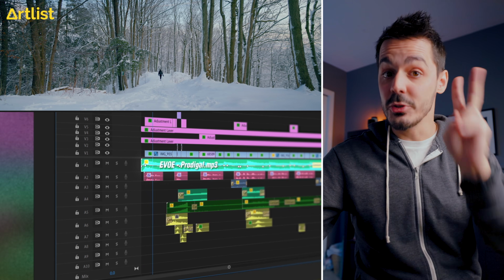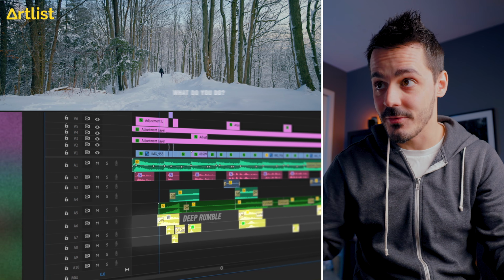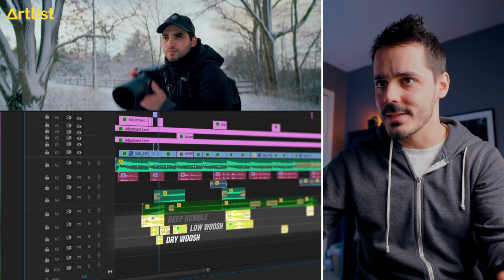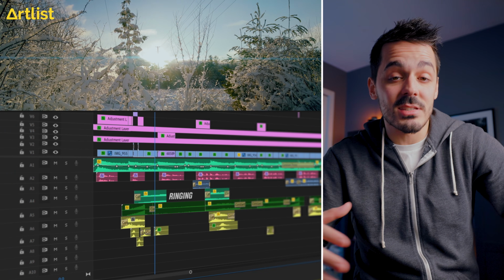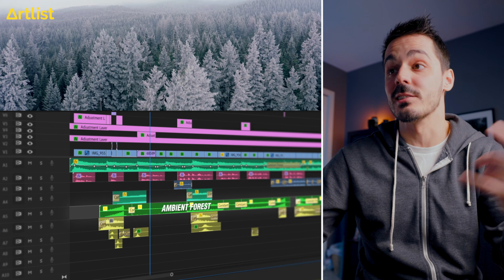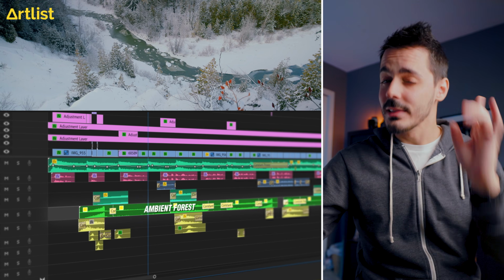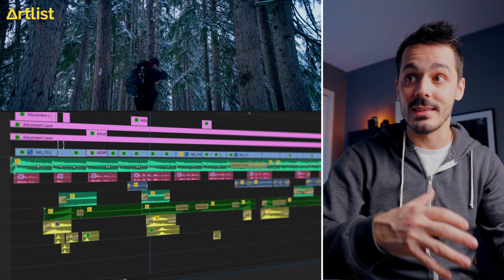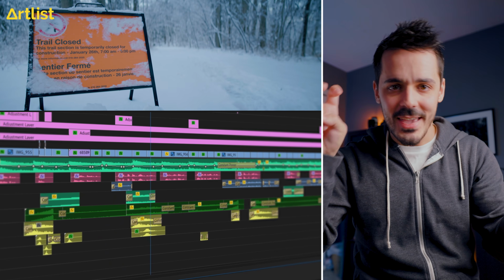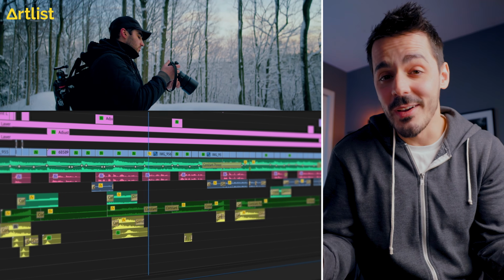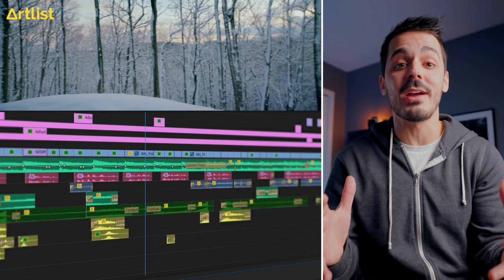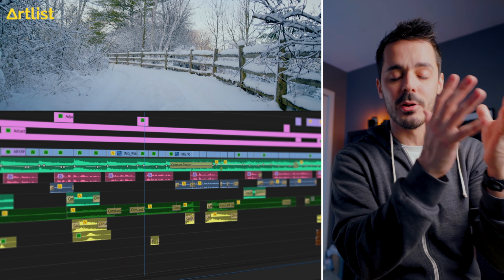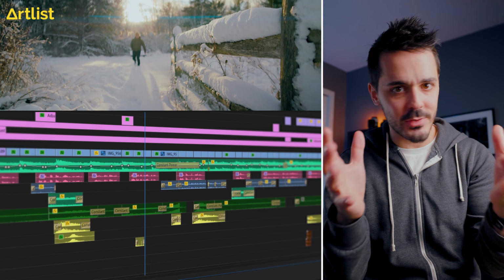So I layered 2 different songs and about a dozen different sound effects like bass hits and whooshes and then ambient forest noises just to fill out the sound and really add to the storytelling of this video. Now, the lens flares are not from Artlist, but Artlist does have anamorphic lens overlays if you want that fake anamorphic lens look. So the point is that with one service, you can get all of your assets in one place. Your footage, your music, your sound effects, all of that to enhance your storytelling. Or in my case, to replace the drone that you crashed into a tree.